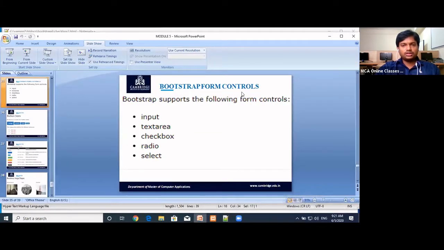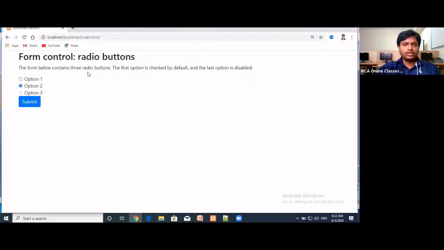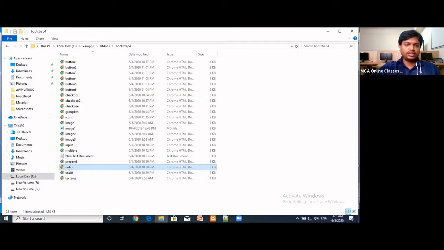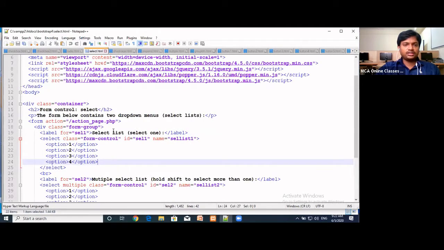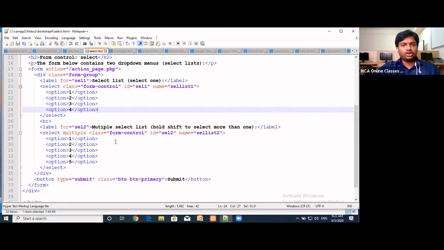Next form control is select option. Now if we want to select the items from a list, we can go for this select tag. So here there are two types.